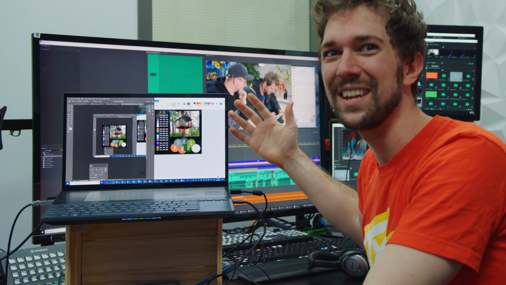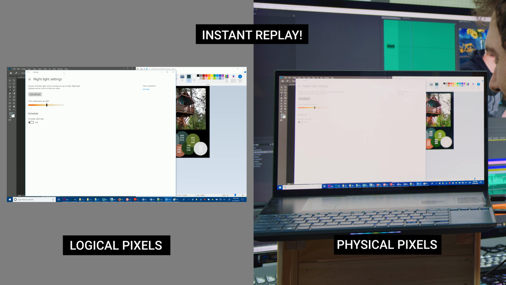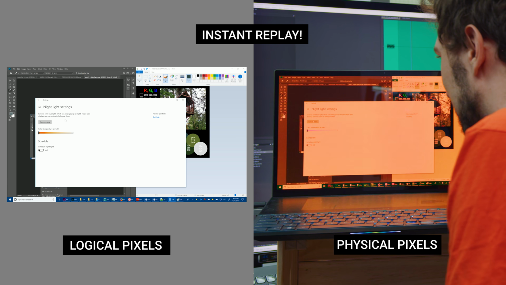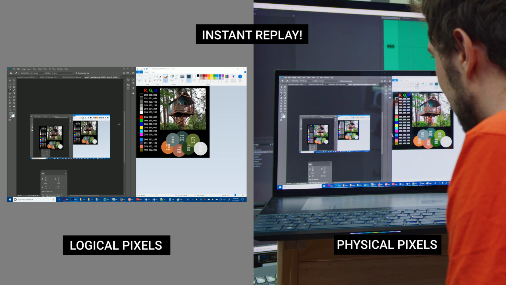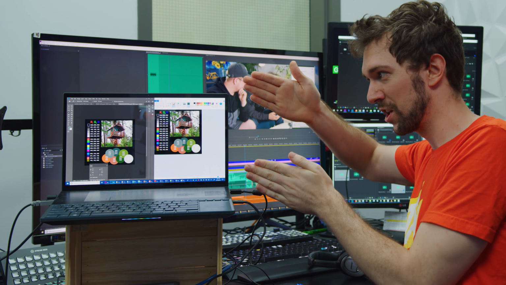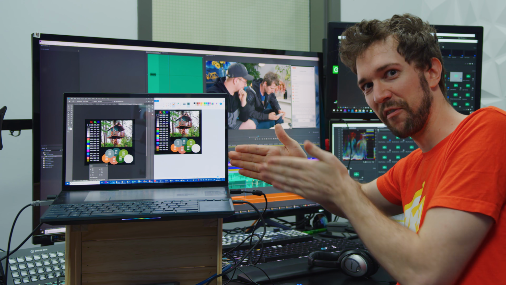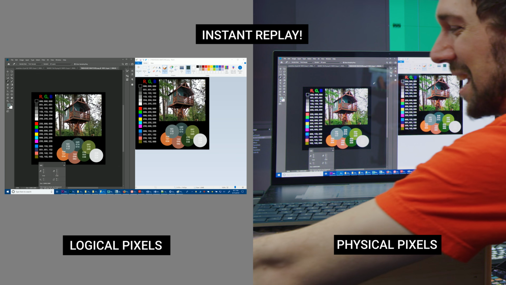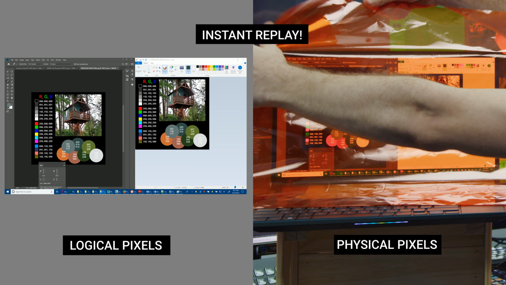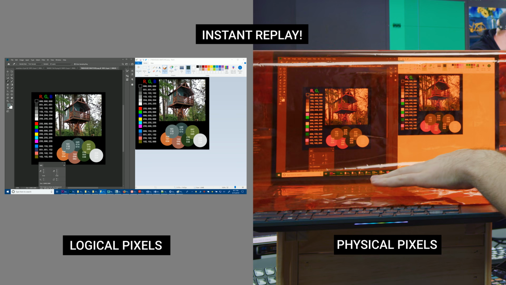So what's going on here? What you just saw was an example of the logical pixels, the image on screen, remaining exactly the same even though the physical pixels are doing something completely different. There's some kind of software layer between the logical pixels and the physical pixels, which is effectively the same thing as holding an orange gel up against the screen, but it's done in software. And I proved it